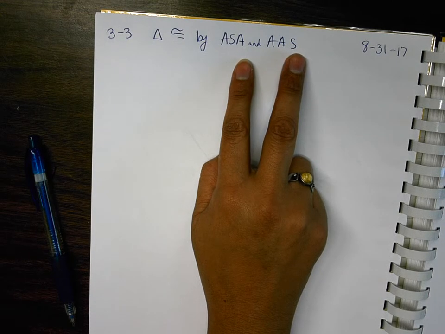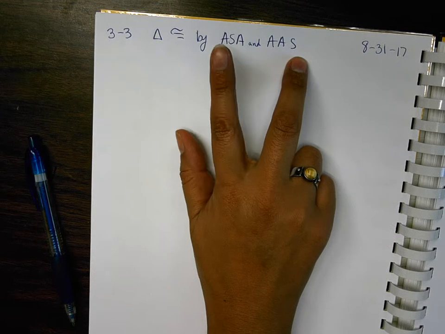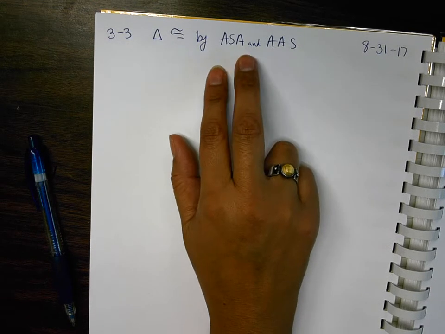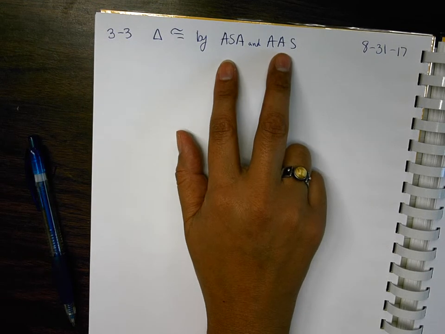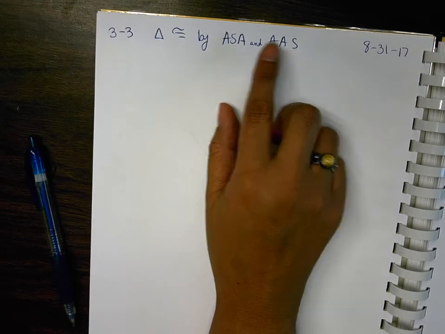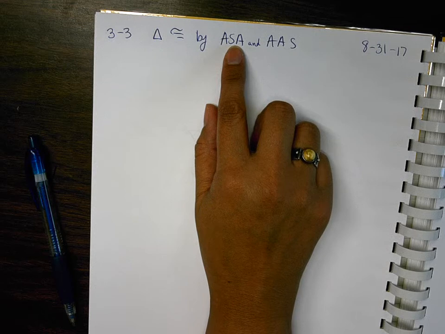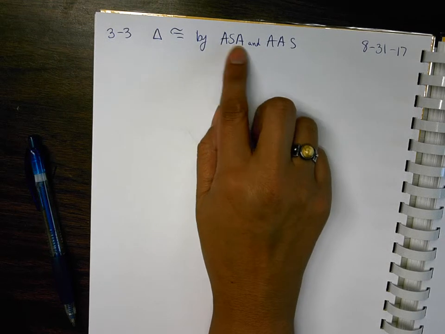They both have two angles. They both have two angles, AA, and one side. If they both have two angles and one side, does that mean they are the same? No. Does the order in which they appear make a difference? Yes. In this one here, what can you say about the side? The side is in the middle, sandwiched between the two